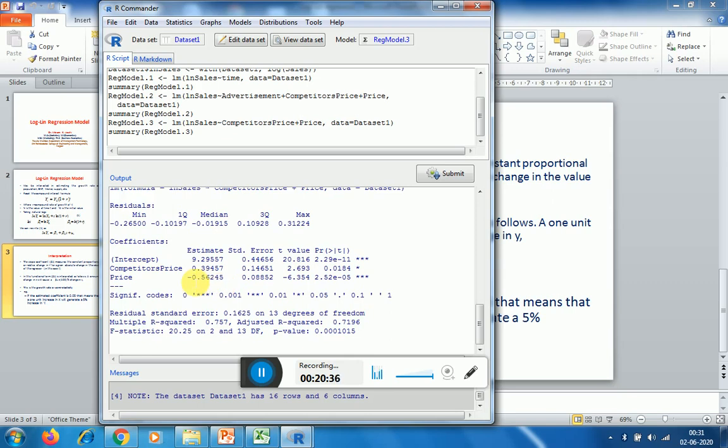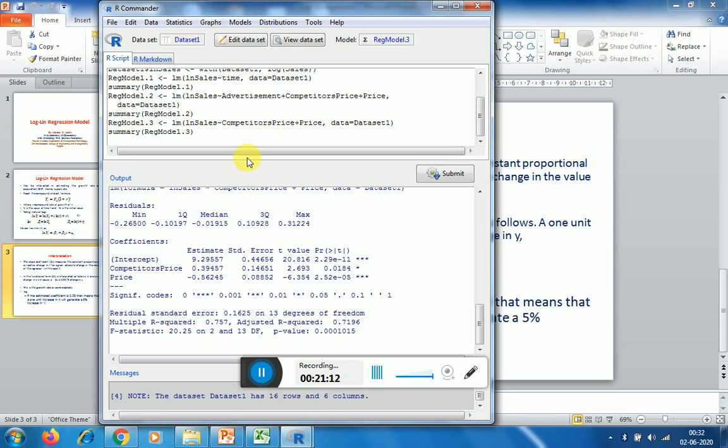So consumers are highly price sensitive with regard to this particular product. If we look at these variables and their signs, everything is going with the theory, and hence as such diagnostic tests are not needed, because we are getting sufficient evidence to decide whether the model is appropriate or not. But still, if you want to make the diagnostic tests, then as I said, you